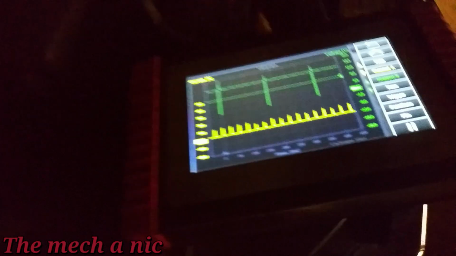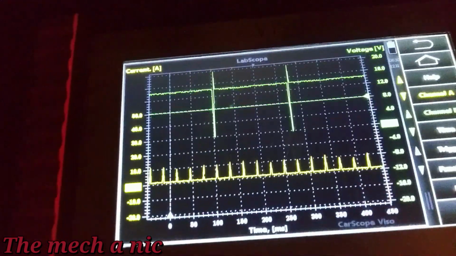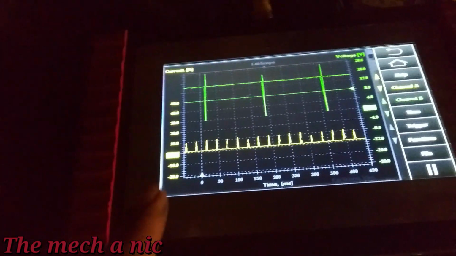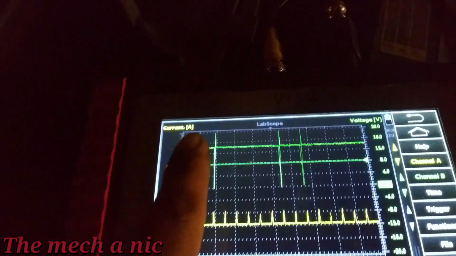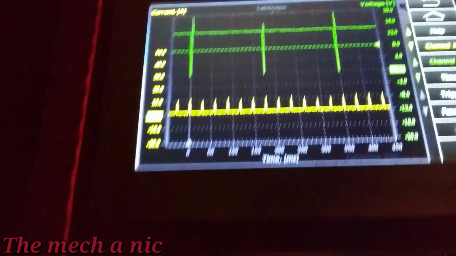So frustrating. I turned the camera off because I'm like, it's not gonna happen. As soon as I turned the camera off, the injector started working. It's pretty much a done deal. It's gonna get a fuel injector. Yeah, I was just standing right next to it right here, and I just saw the current ramp come back, and on our channel 2 it cleaned up a lot. And as you can see now,